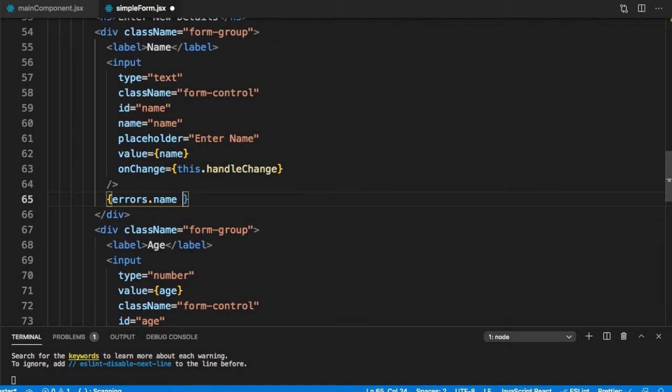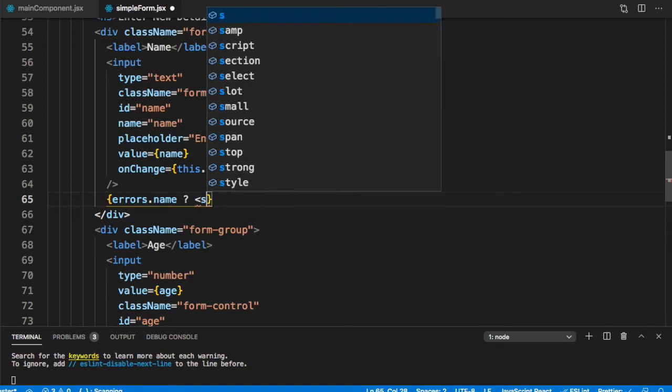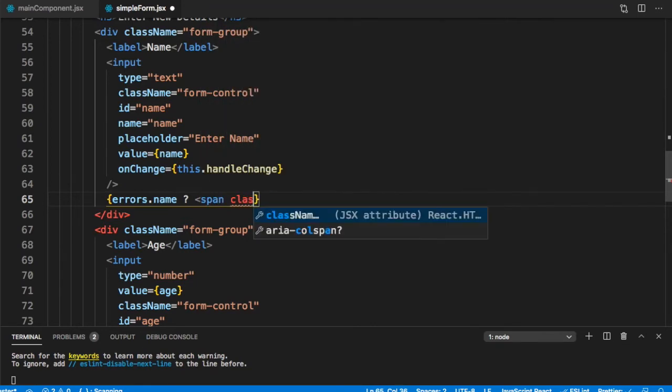If it does not exist, it will give us a null, which is falsy. And if it exists and is an empty string, again it will give us a falsy value. So if this is truthy, what do we need to do? We need to display a span, with className equal to text-danger.